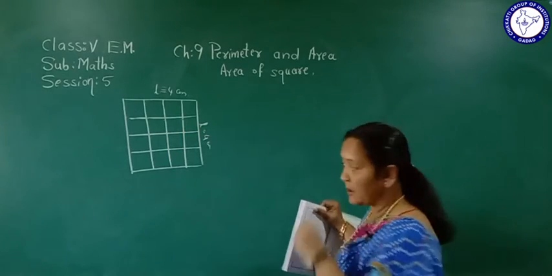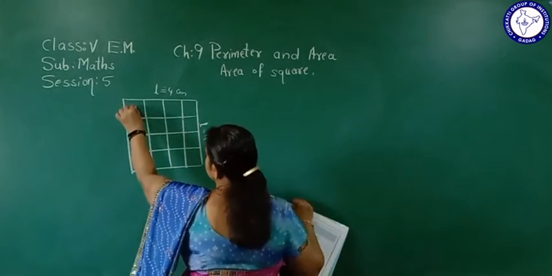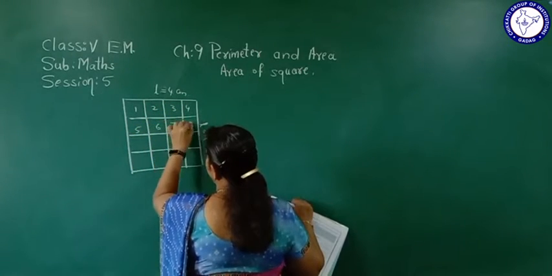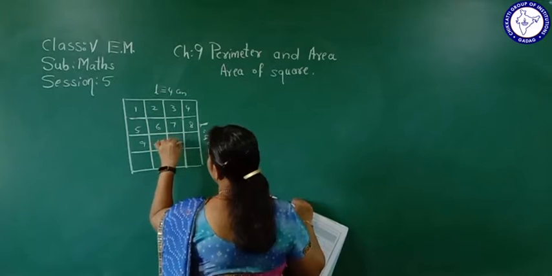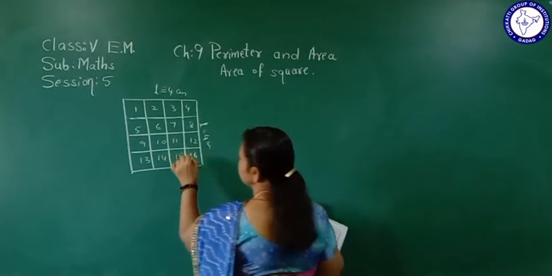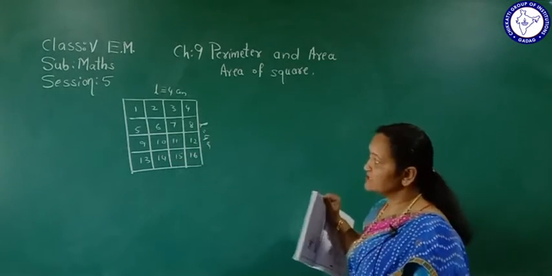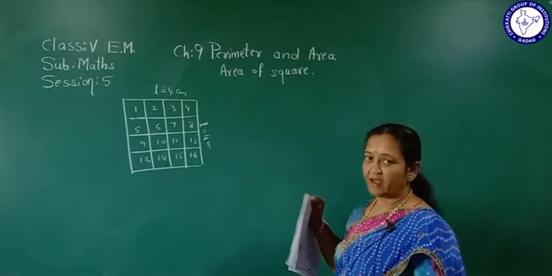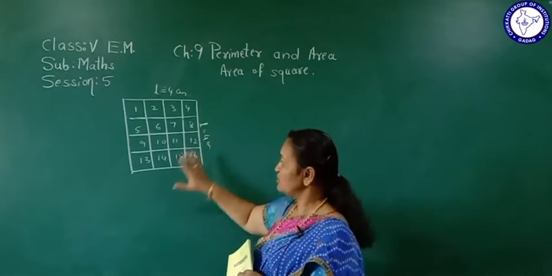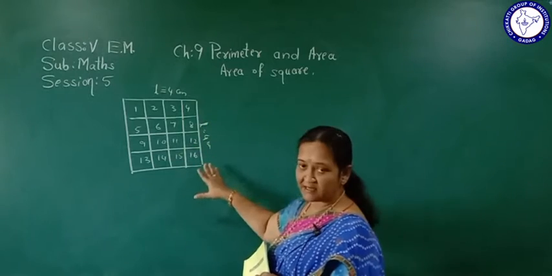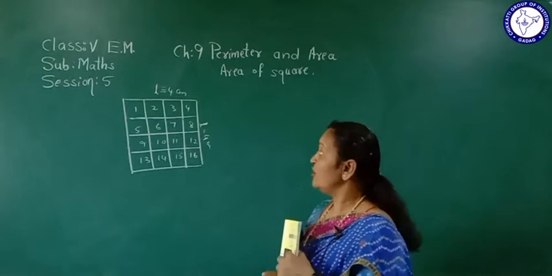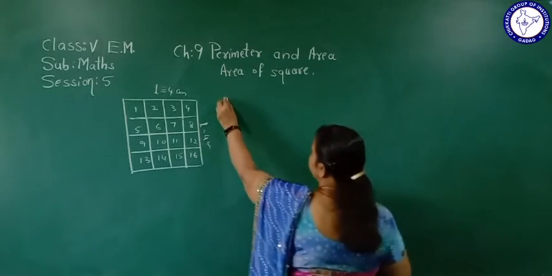of this square. Then here this is 1, 2, 3, 4, 5, 6, 7, 8, 9, 10, 11, 12, 13, 14, 15 and this one is 16. So here area of a square is 16. How we got? We counted all the squares and we wrote that area of this big square is 16 square centimeters. Okay, or we can write area of a square equals to